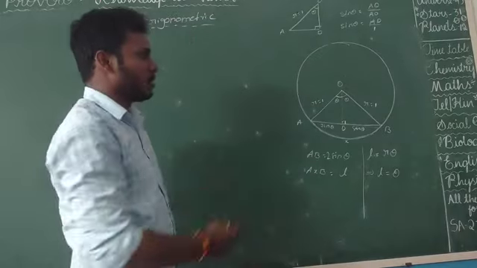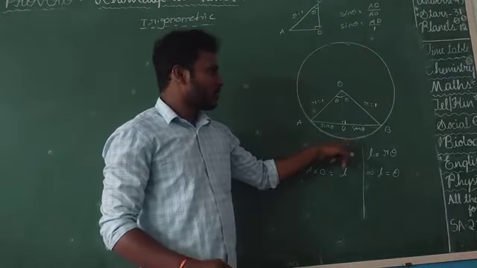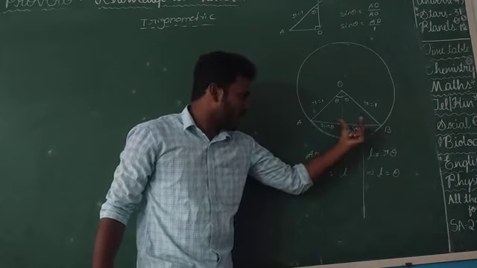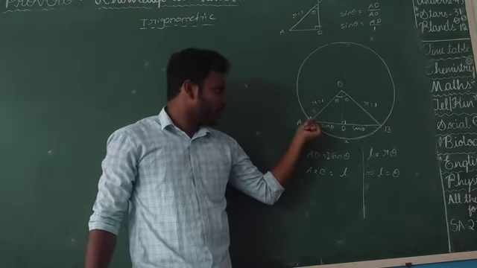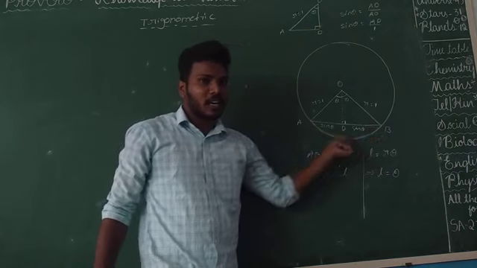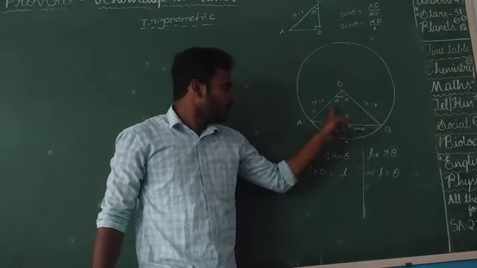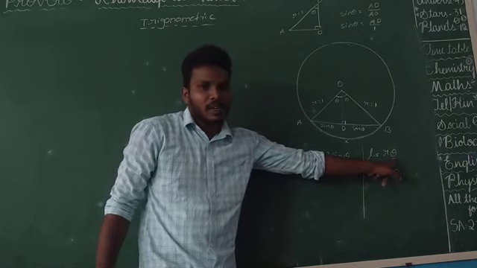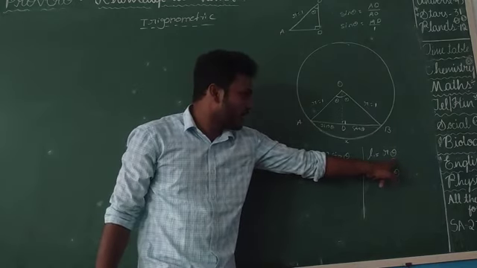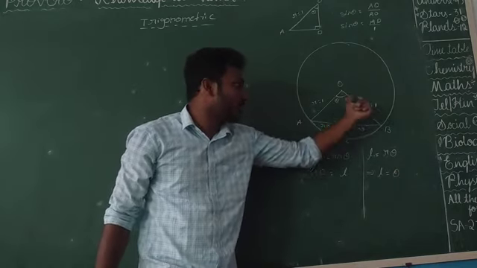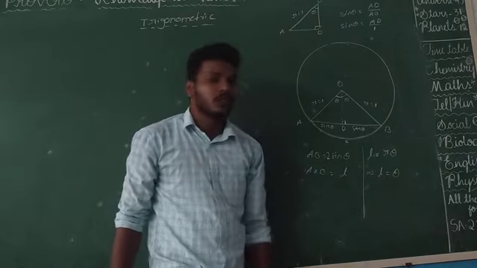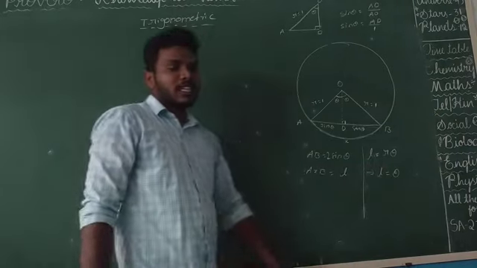Okay, observe in this diagram, AD is the chord. The chord length we are taking as sin theta. AXB is the arc, and the arc length we are taking as L. So arc length L is equal to r theta is the formula for the radian system. Theta is the radian angle at the center. That's why L is equal to theta. So these are the notations we are using here.